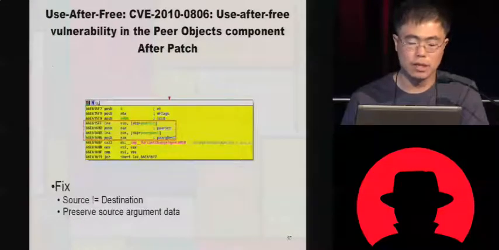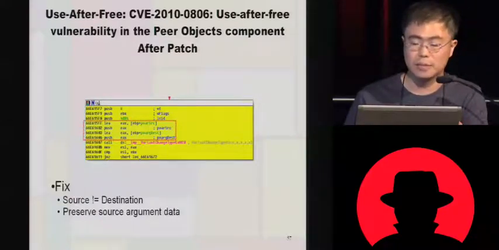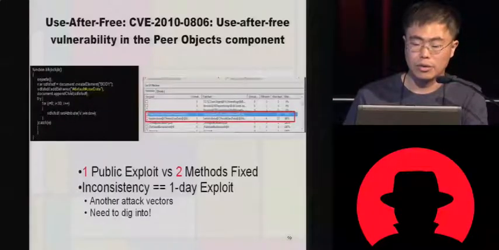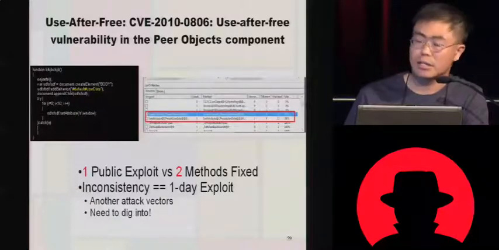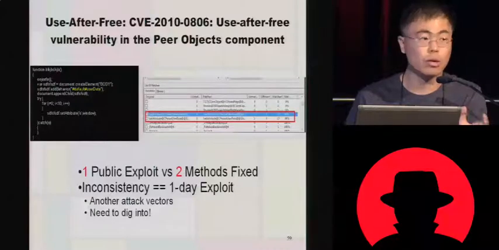other method. So this is the original one, and this is the fix. The fix was using a different variable here, just using some local variable, and they fixed it. And you can use variant change type EX as a kind of signature here. And it looks like there is one more exploit, a one-day exploit here, because there was only one